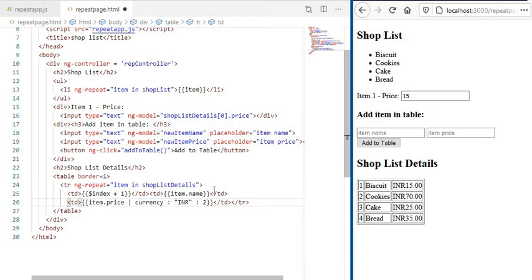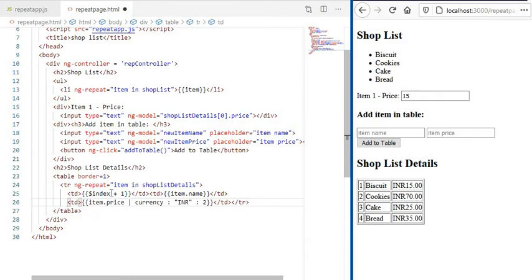It means the item contains two subcomponents, one is name, another one is price. So I want to retrieve them separately using the dot operator. So item.name means I'll get the name of the item, and in the next td, the next data column, I have used item.price.